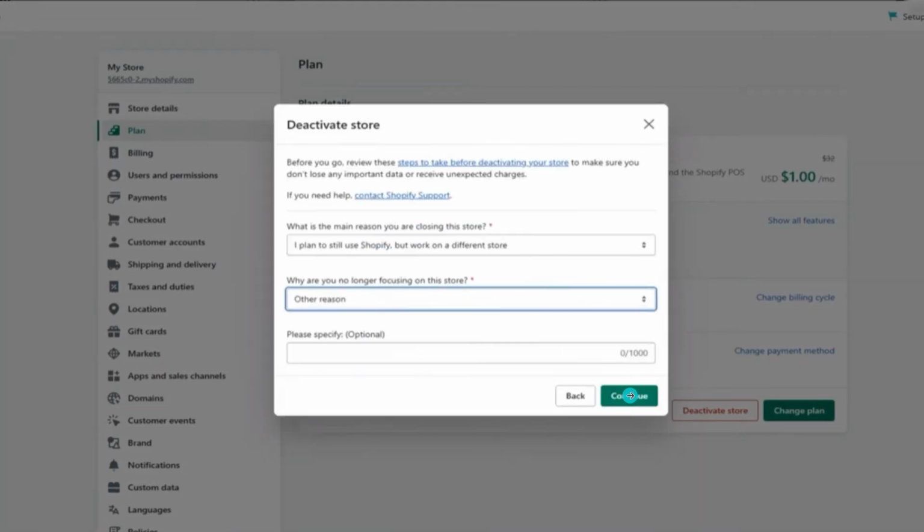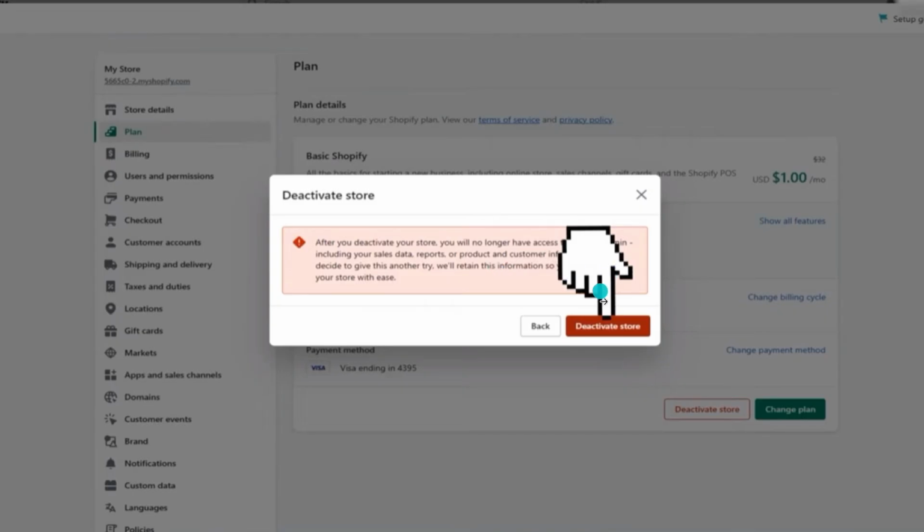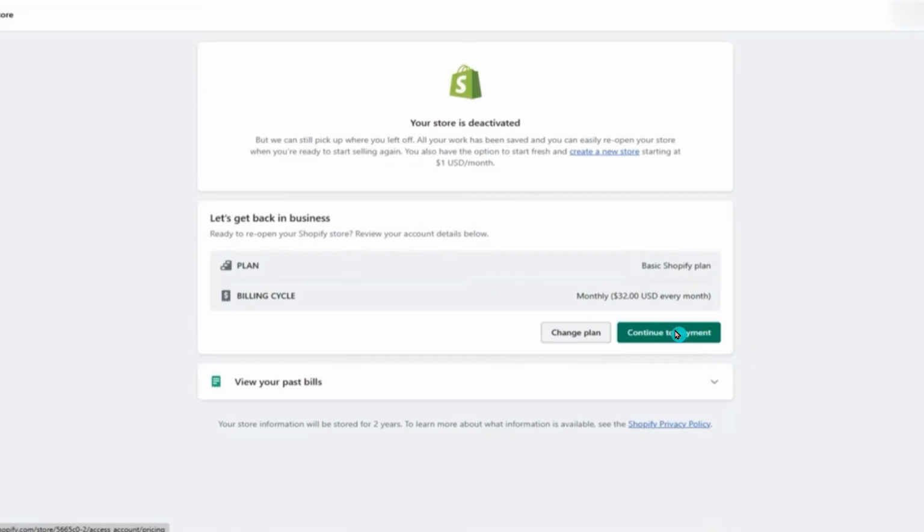That's it. Your store is now closed and your Shopify subscription is canceled. Your storefront and admin access will be disabled, and recurring Shopify billing stops from this point forward. Keep in mind your store data is retained for 2 years, so you can reactivate anytime by logging back in